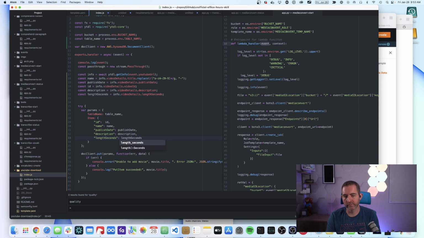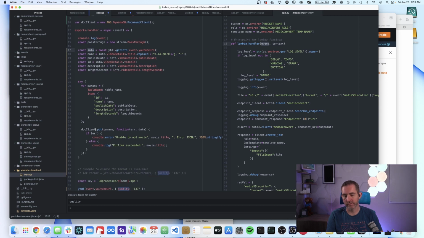The nice thing is, for defining the schema of this table, we only have to define the schema of the indexes and the primary keys and so on. We don't actually have to define the schema of all the other columns. So we can just load whatever values we want, and DynamoDB will just load those as columns. Okay, so length seconds, description, ID is the primary key, publish date, and name. Okay, so now